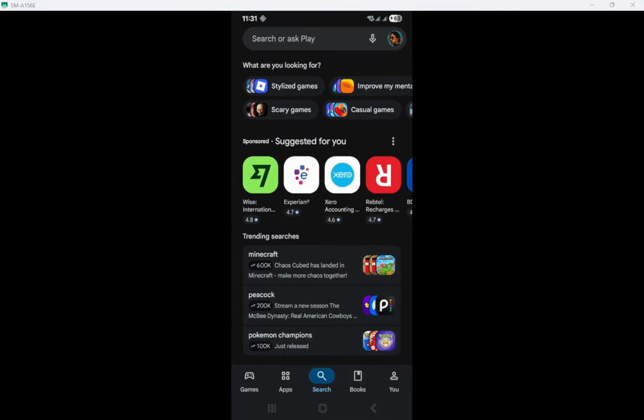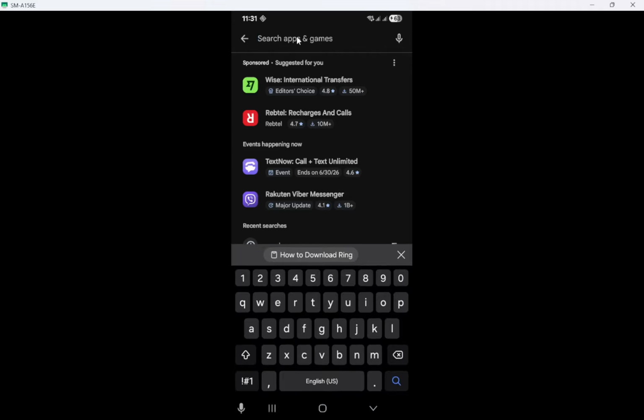First, you need to open your App Store. If you're using an Android device, this means opening the Google Play Store. For those with an iPhone or iPad, you'll want to navigate to the App Store. Finding the right App Store is crucial, as this is where you'll download and install your Ring app. Once you're in the store, you're ready for the next step.